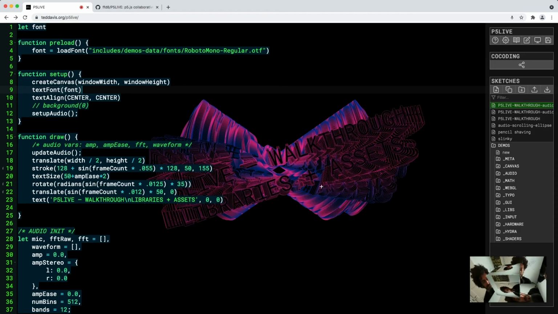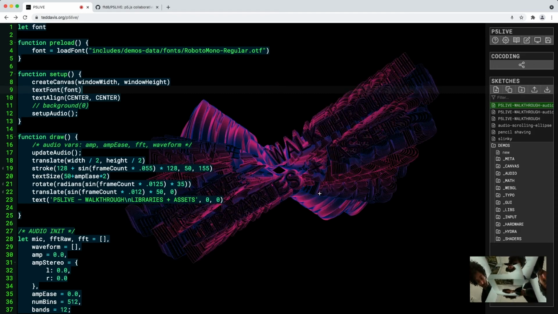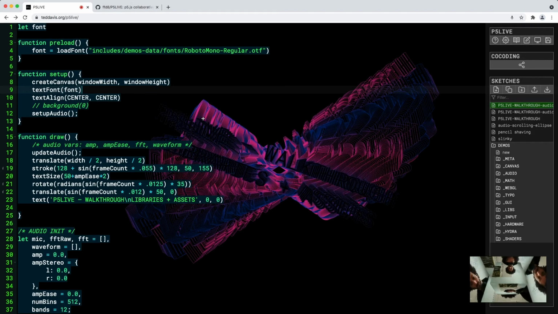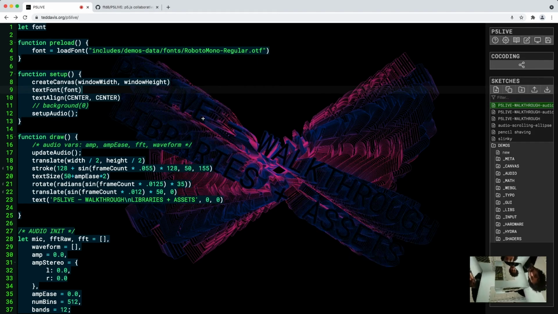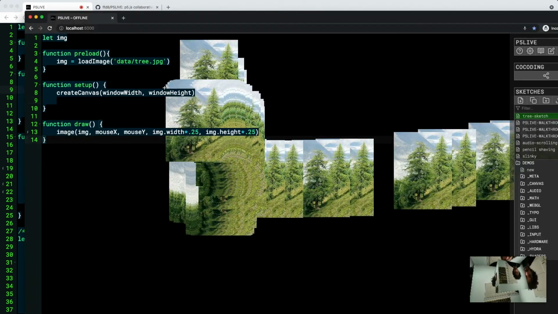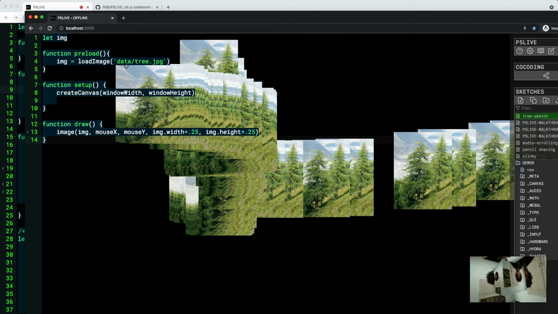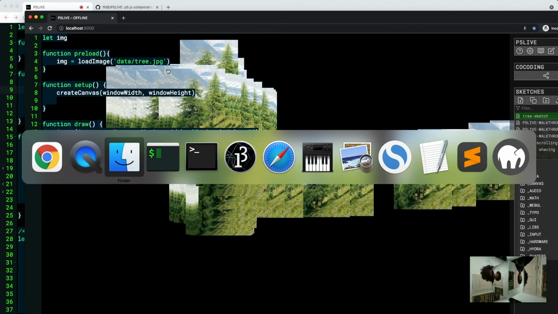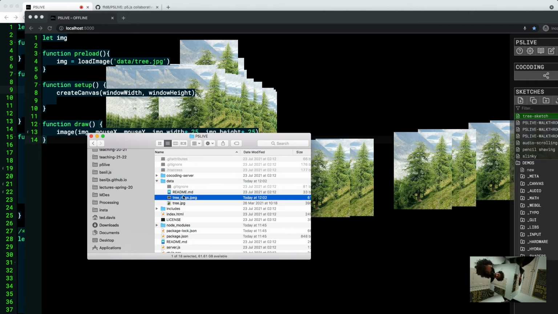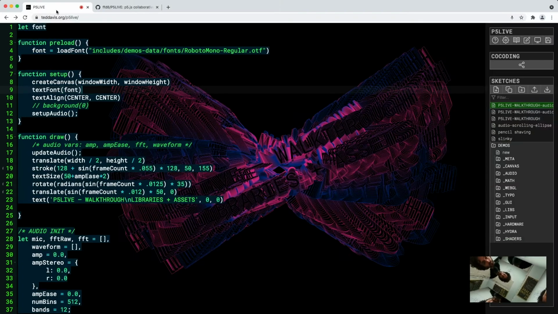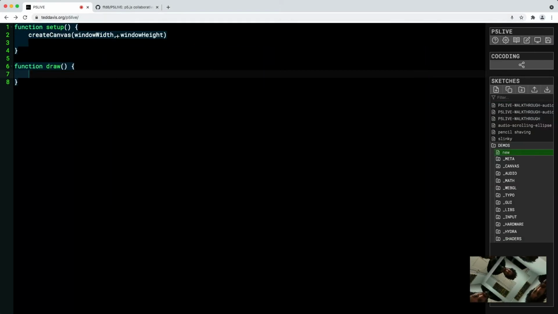Okay, let's talk about loading libraries and assets both online and offline. So in the previous demo using offline mode, we could load a picture locally within our data folder. We'll do this again. So we have a data folder with a tree sitting in there. If we were using the online version and we wanted to have a loaded asset like an image,